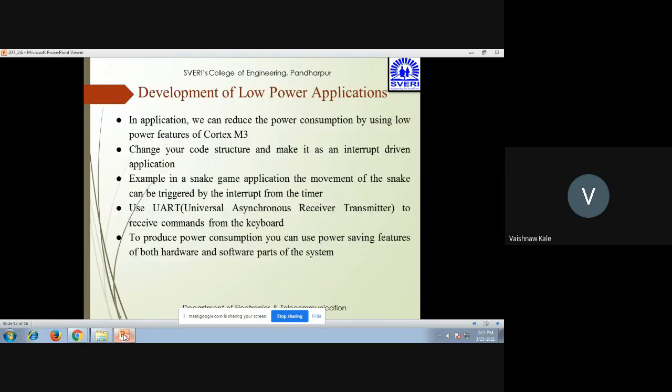These are the features. Now, as far as development of low power applications is concerned, we can change the code structure by making it an interrupt driven application. Also, you can receive the command from the keyboard with the help of UART, that is Universal Asynchronous Receiver Transmitter. To reduce the power consumption, you can use power saving features for both the hardware and software parts of the system.